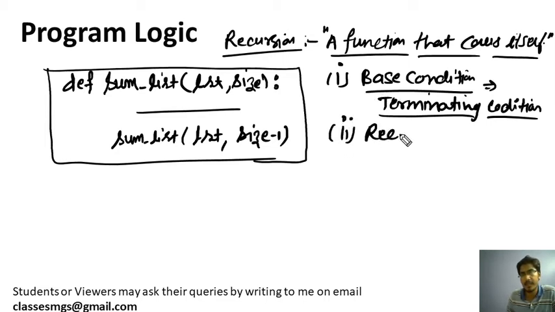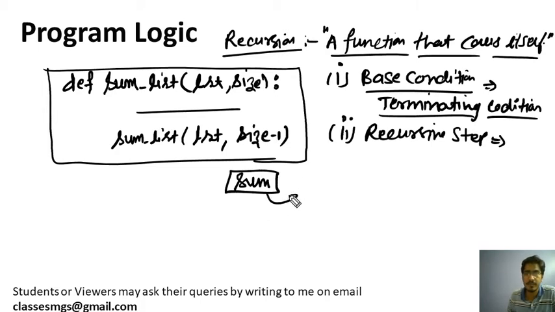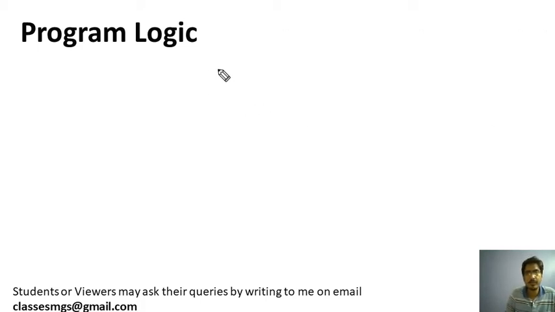And the other will be the recursive step. The recursive step is used to first solve the sum problem for a smaller input, and then we apply this concept to solve the bigger input. This is known as the recursive step. Okay, so I am here explaining the recursive concept for this particular sum of elements. Let's suppose a list is given.